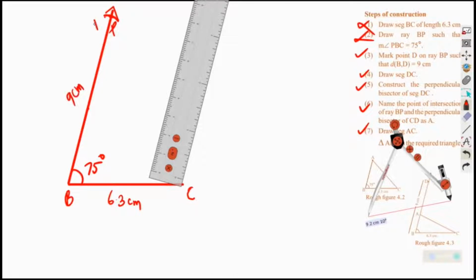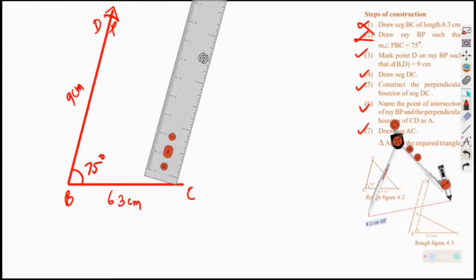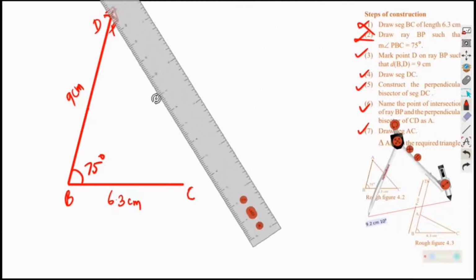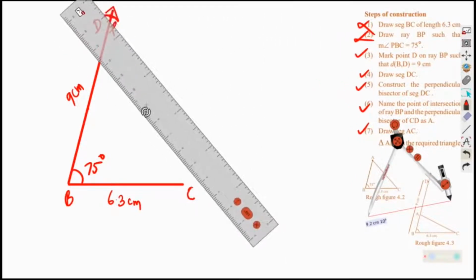Bear with me. It is 9 centimeter, and we know that this 9 centimeter is the length of two sides. Okay, that you should not forget. Now I will connect that D with C. D needs to be connected with C now. For that again I require the scale. Adjust the scale to connect D with C.